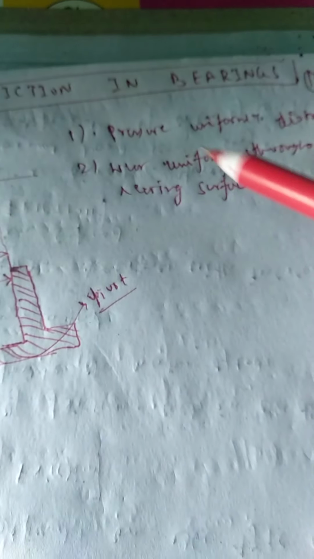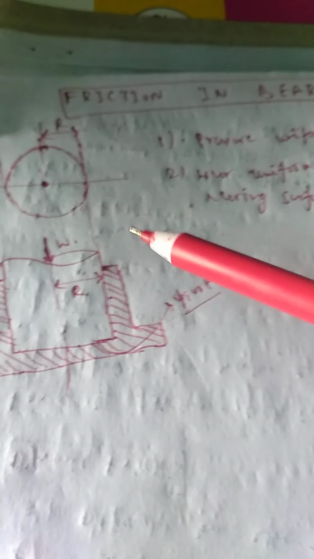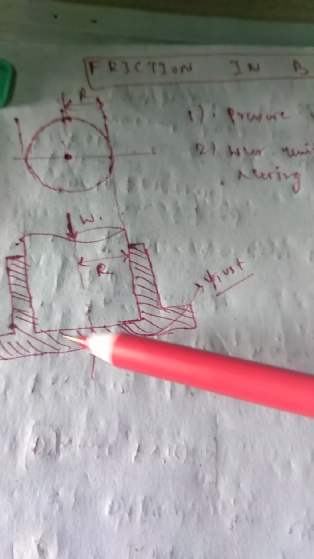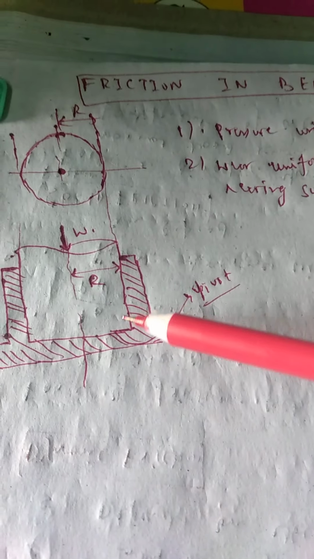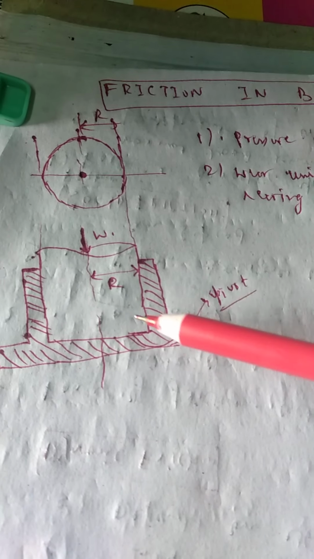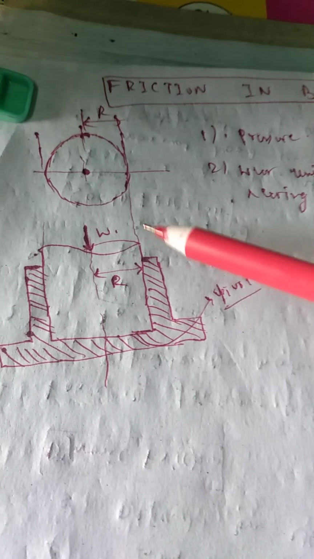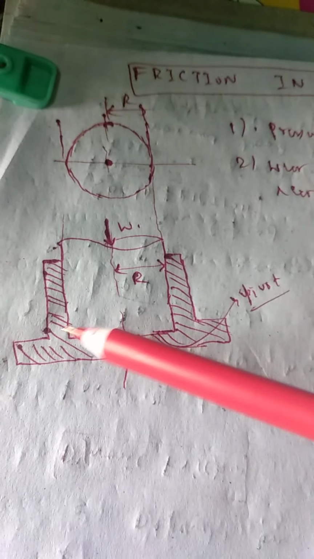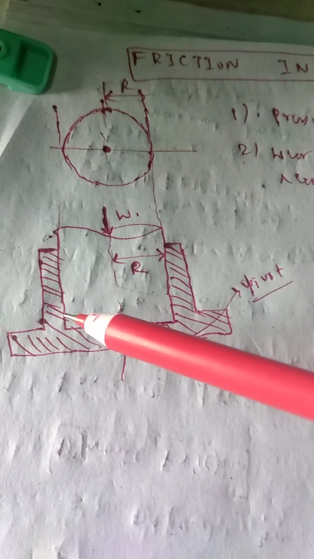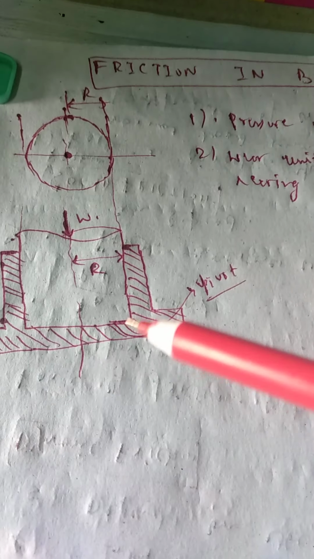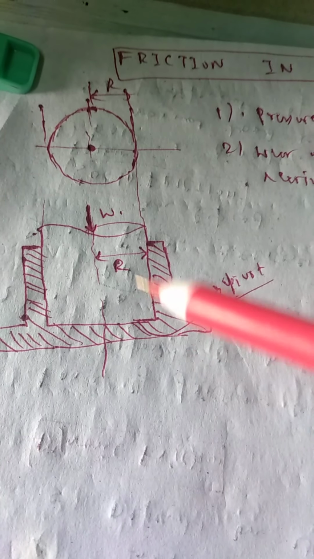Now we will find the expression for the friction in the case of the flat surface pivot bearing. I will not show the derivation in all the cases. I will only show you how to derive the formula, and will simply write the expression. You can see the derivation in any standard book that is available. I will only give the expressions which will be important from your exam point of view, and I will also share the basic concept of how to derive the expression.